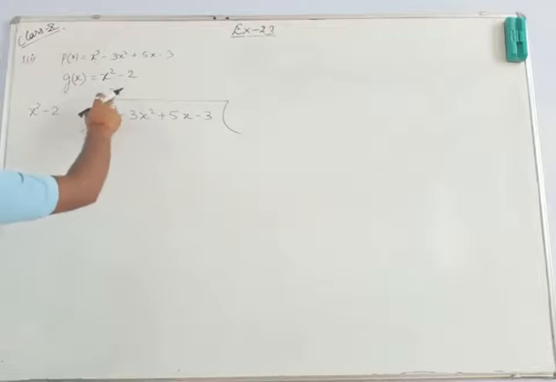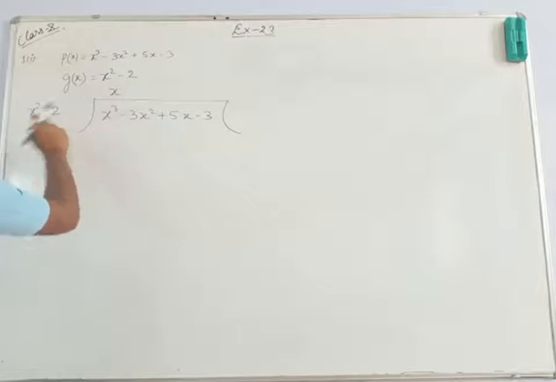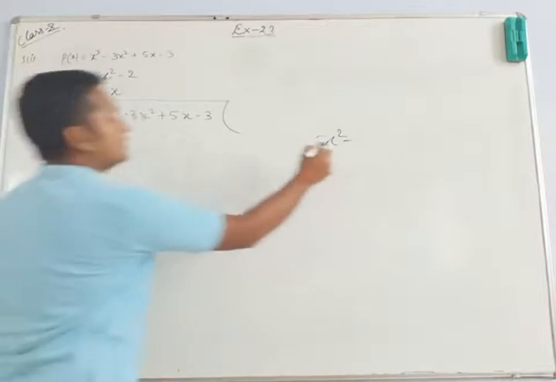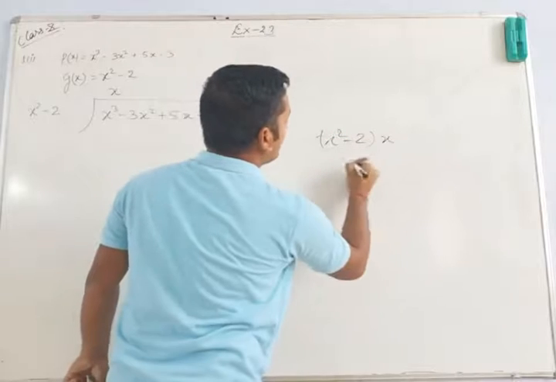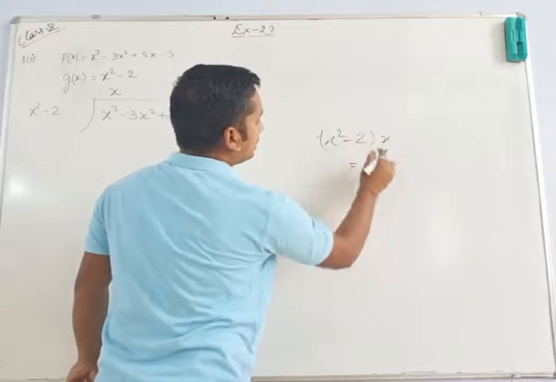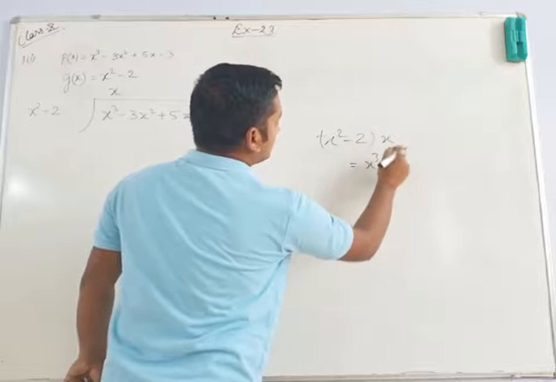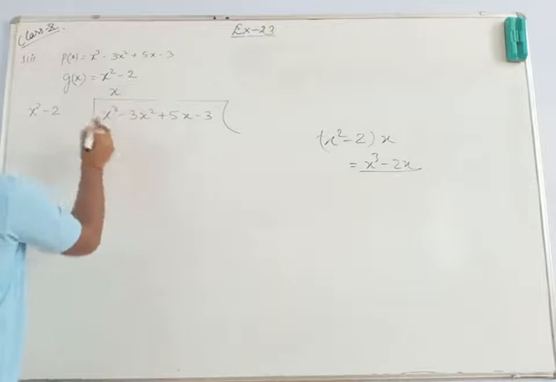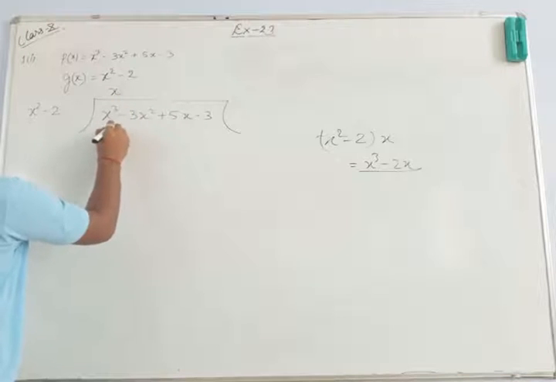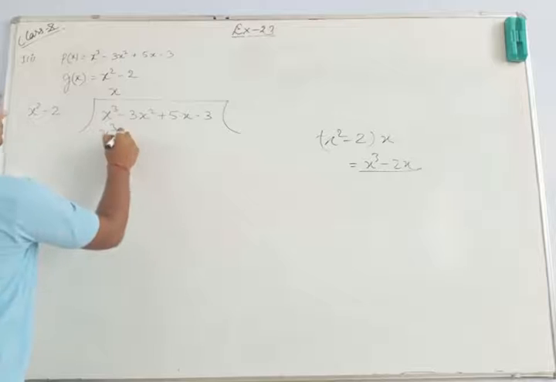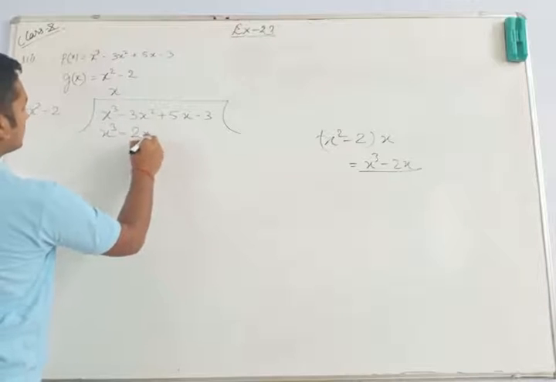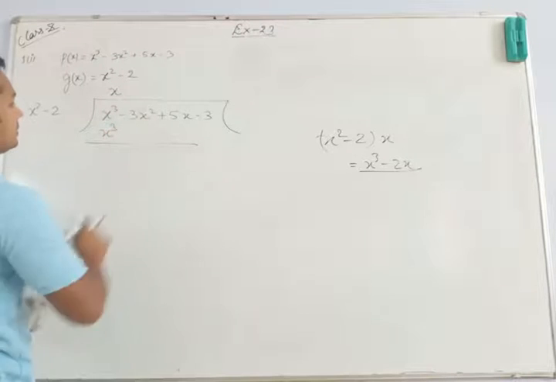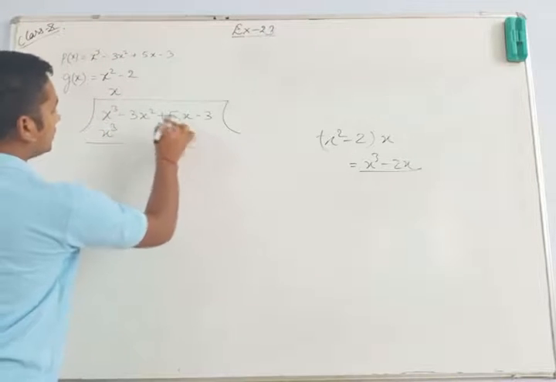So how much it will give us? तो मल्टीप्लाई करके देखते हैं. x square into x will give us, what this means? This means x square minus 2 is multiplied with x. What it will give us? x square into x, that is x cube, and minus 2 into x, that is minus 2x. So here multiply it with x square minus 2, so it will give you x cube minus 2x, or we can write it minus 2x, we can write it here beneath the similar term.